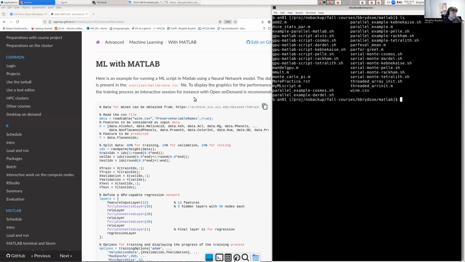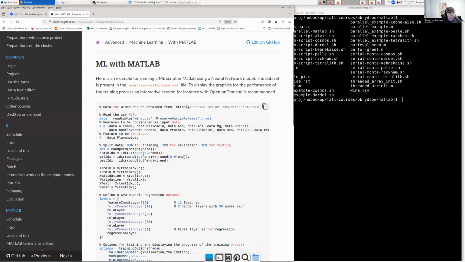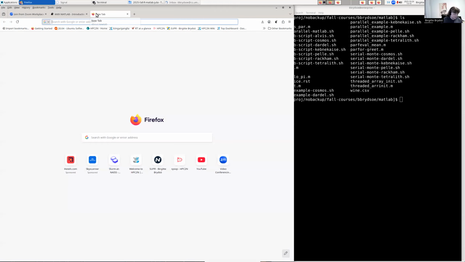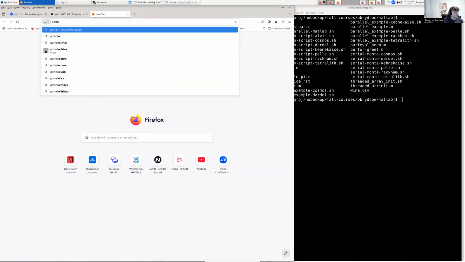There is some graphics that you need to display, or at least if you want it to look nicer. Because of that, you should either run this through Open On Demand or through a thin link, or perhaps just regular shell, but with an X11 server. I think it's easiest if we do this through Open On Demand, and I'm going to show this for UPPMAX at ASP.NET. So I will start